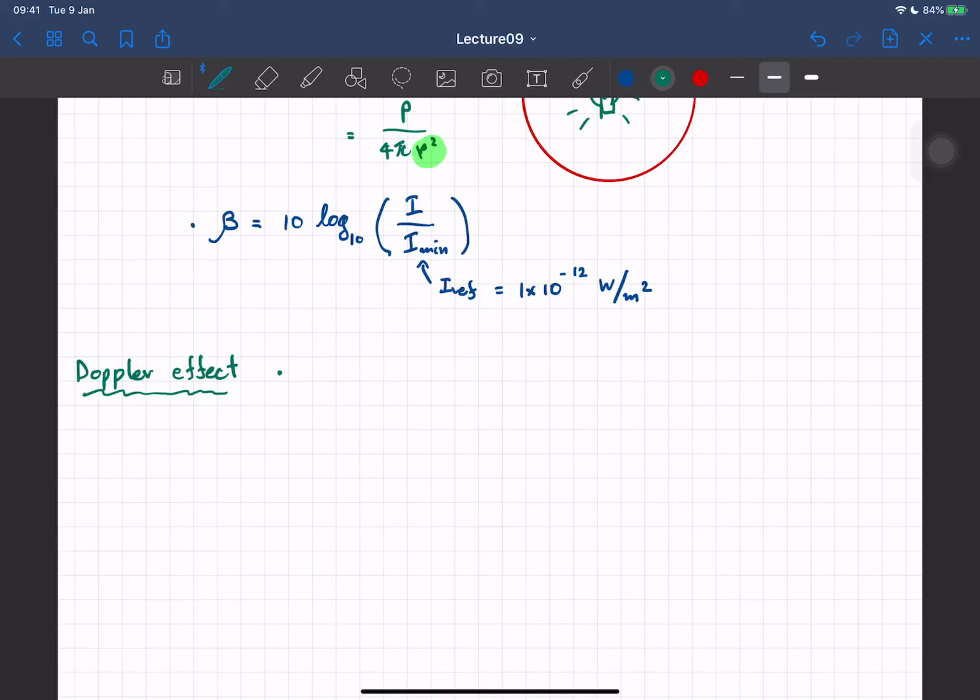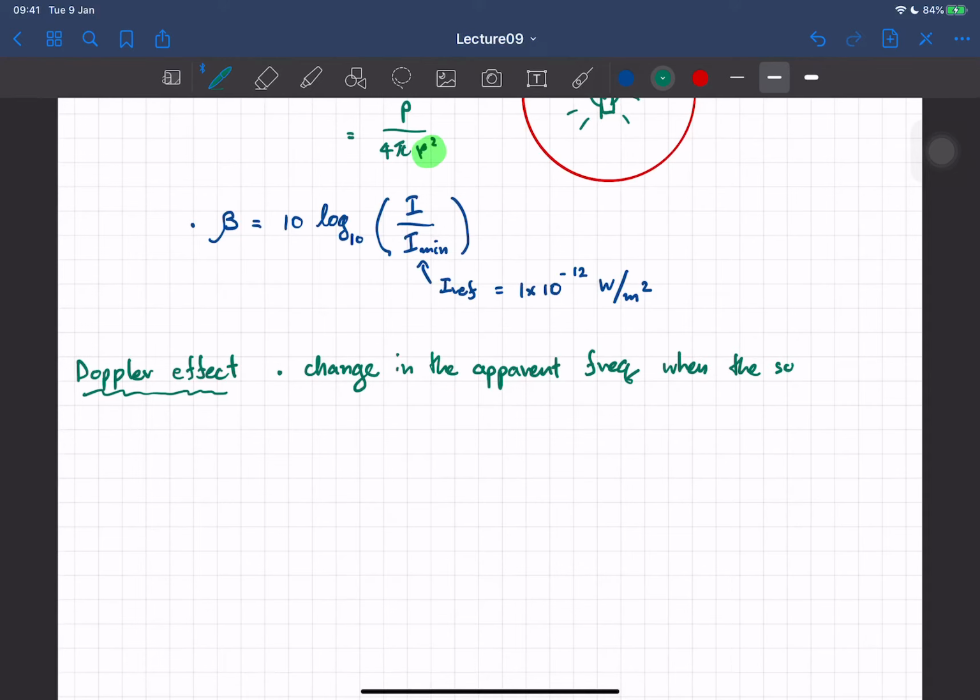People have noticed that there's a change in the frequency of sound, whether you move relative to the source or the source moves relative to you. So in general, it's the effect that describes the change in the apparent frequency,